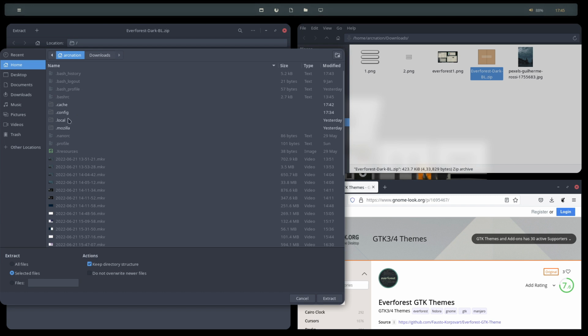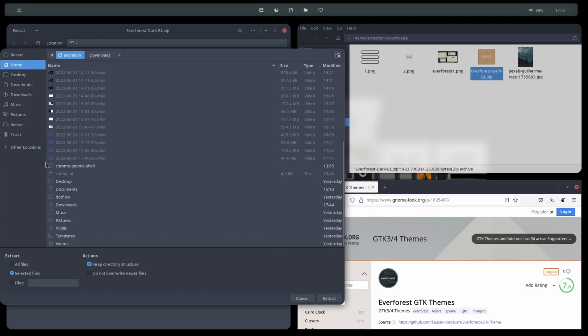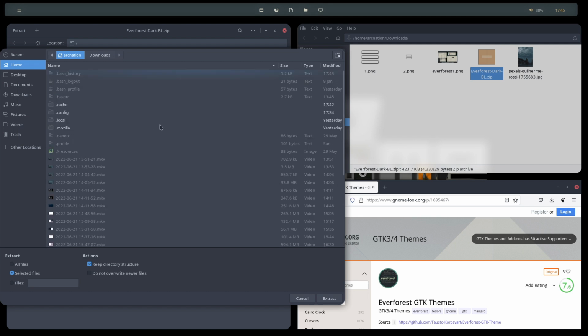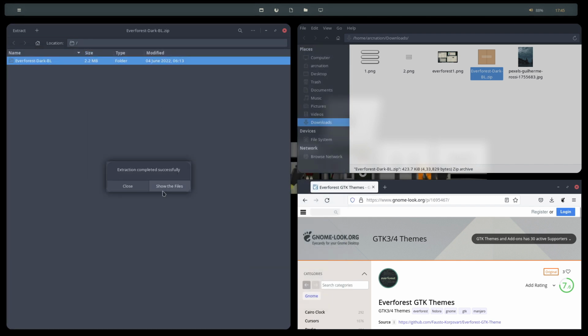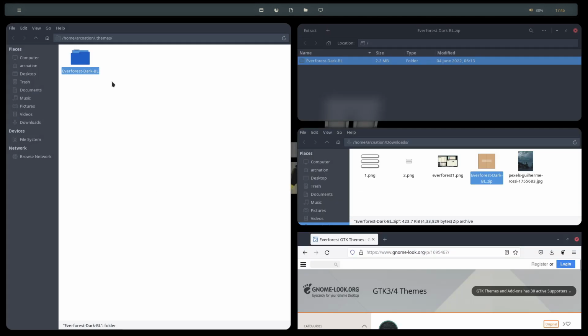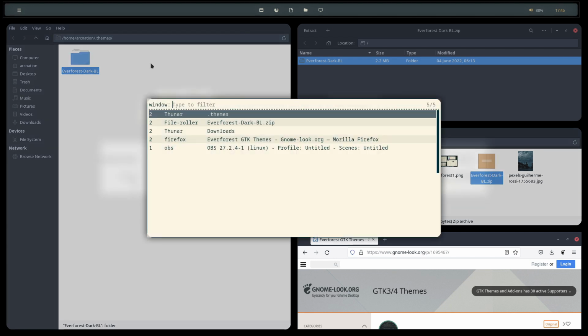Okay, for extracting you need to make sure that the .themes folder has been enabled here. If it is not there, you just need to create a .themes folder, and this is the place where you need to extract everything. The extraction is done, as you can see. Now let's open